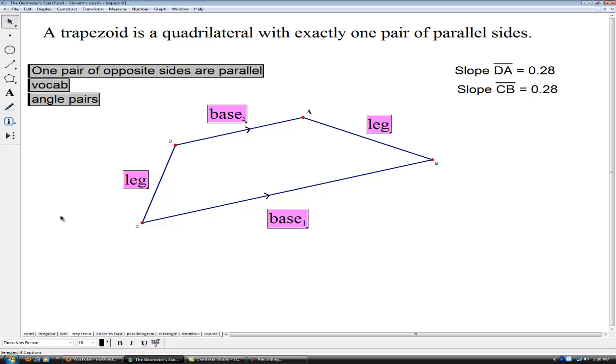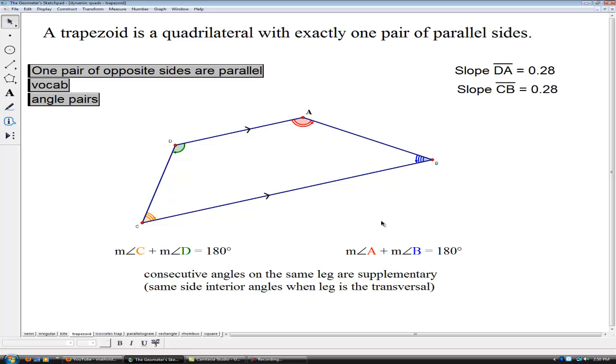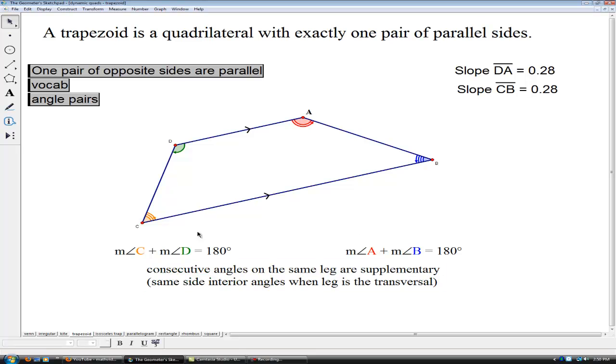Now for trapezoids we will be using some specific vocabulary. There are 2 bases. And the notation you'll often see is B1, B2. It just means base number 1 or base number 2. And these are interchangeable. The other 2 sides we will call legs. As for the angles of a trapezoid, the only one property that we will consistently have for every trapezoid